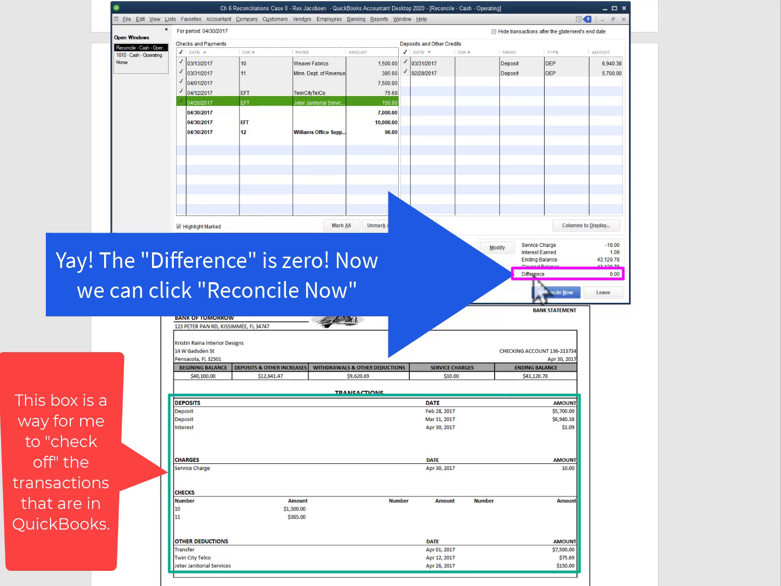And look at our difference. Our difference is now 0. So because I've checked off everything here, and everything that's down here has been checked off up here, I can now click Reconcile Now since the difference is 0. So click Reconcile Now,